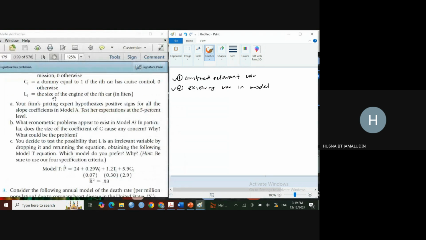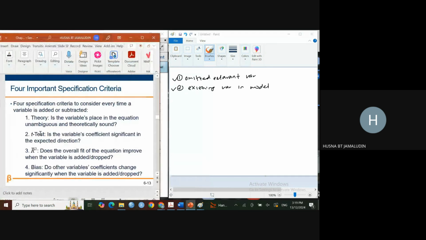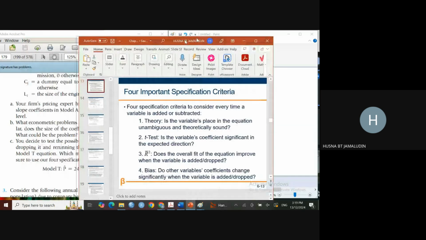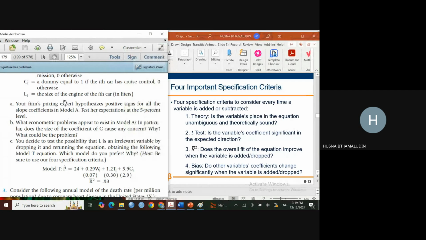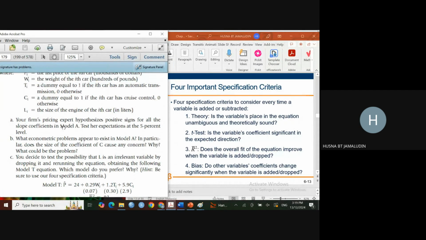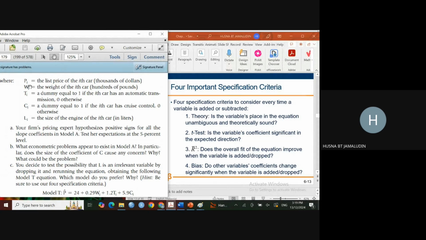We are talking about the size of engine, right? Okay. So let's look at the guideline. The first guideline is, okay, is the variable supported by the theory? We are talking about the size of the engine. So basically, according to the theory, when the engine size is big, of course, the price will be high. Okay, so theory said it is actually relevant. Okay, so what you're gonna do when you are referring to this